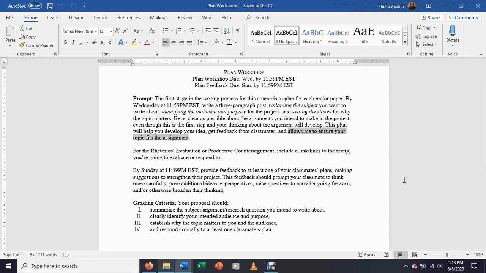So if for whatever reason you're running in a direction that doesn't seem like it's going to work, that's something that I can tell you right now in the planning stage so that you can revise that and make changes to make it work better. So again, the other aspect of this